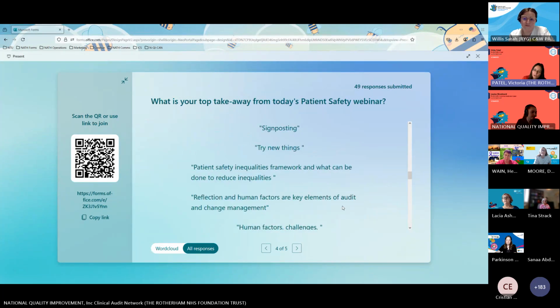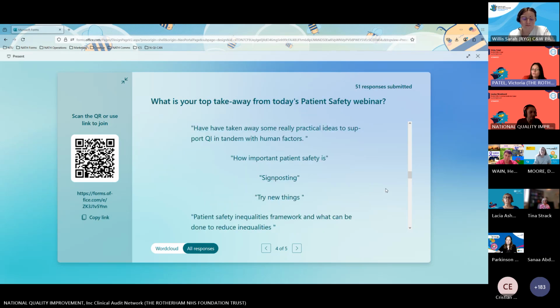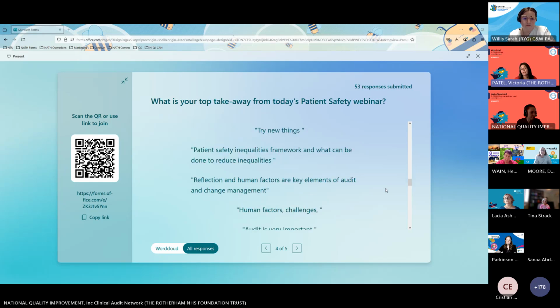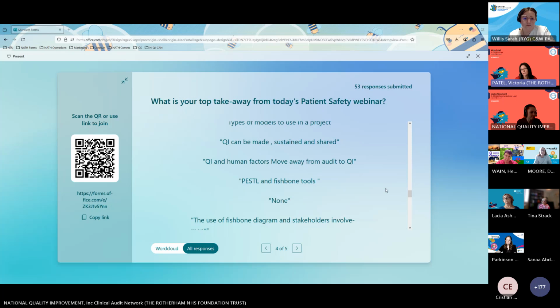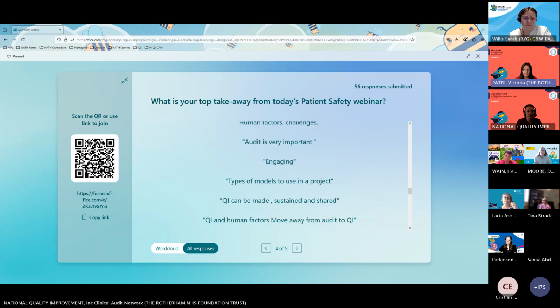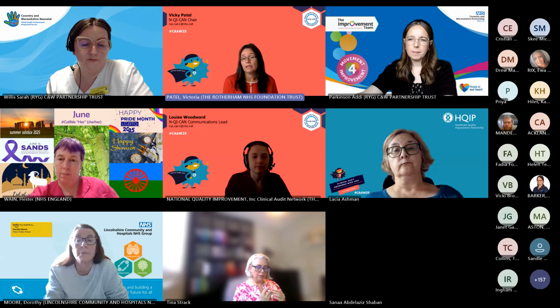So like we say, we're going to leave this open for you to continue to feed back on. So if you know that you've had colleagues that have had to leave the call early, there's the opportunity for them to go on and add their thoughts and their perspectives for us. Lovely. Okay, conscious we've got about 4 minutes left, so Louise, we'll leave that open then, and if we could just move to our